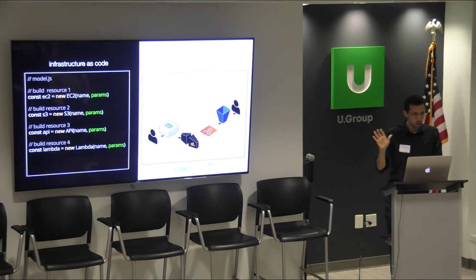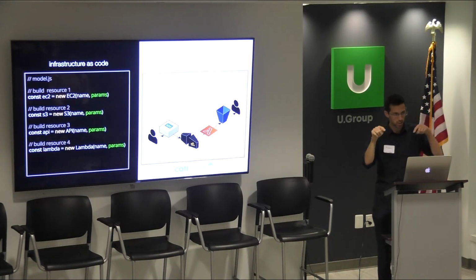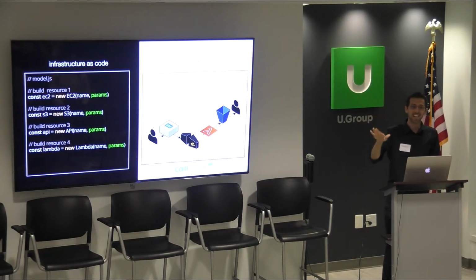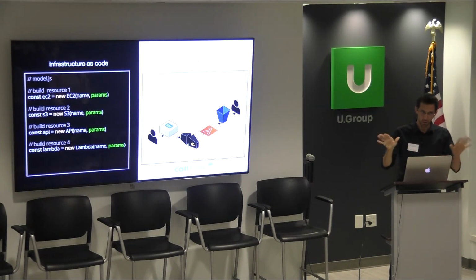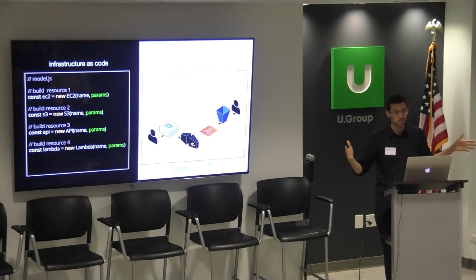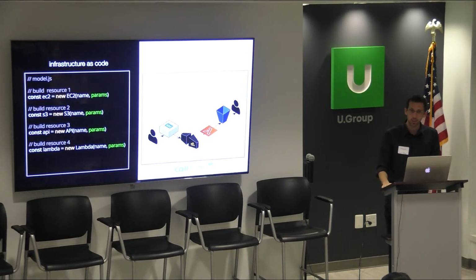Just as background, you can go back to that Medium post and see a little more about that. Infrastructure as code is sort of industry standard at this point. The idea is that you shouldn't be clicking around AWS while you're provisioning different resources, gluing them together, and then having to remember what you did in the beginning and replicating those exact same steps for every different stack, for your dev, for your staging, for your production. That's all the stuff I had been doing for a very long time. Instead, you should use some tool that exposes access to all of these resources that you see on the cloud,